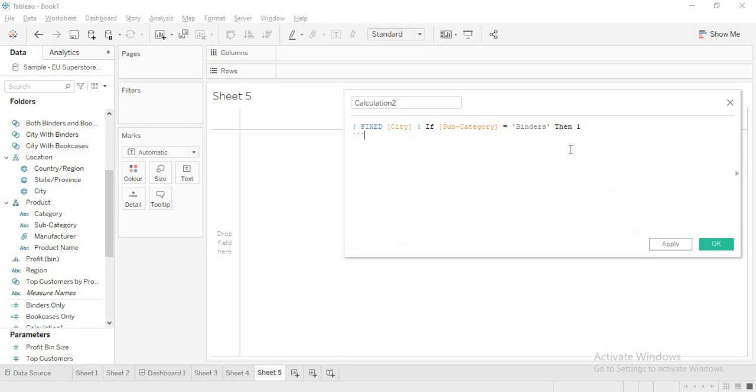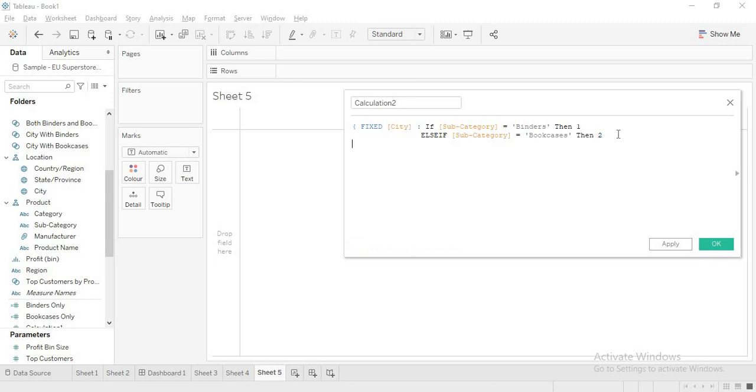Now again, sorry, else if subcategory is equal to bookcases, then 2. See why I wrote 1 here, now it is 2. This is for a reason.